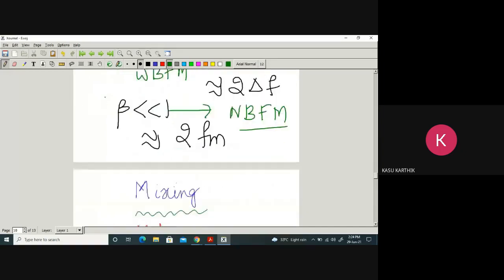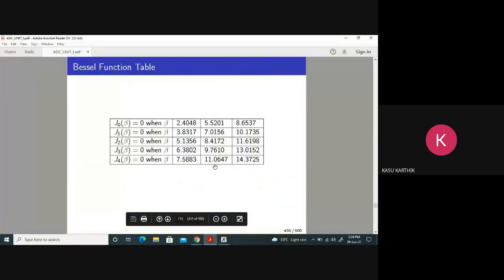Let us proceed now. This is very, very important. I have given some values of the Bessel function. I forgot to tell you, don't worry about J and beta values. They will give you these values for the particular value of n and beta. These are standard tables, called Bessel function tables. From the table you can get the values of those Bessel coefficients. In the problem itself they will give you the values, and you must know the properties of Bessel function. If you know the properties, that is enough.